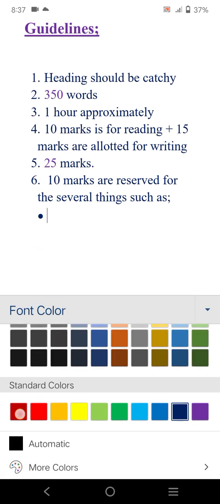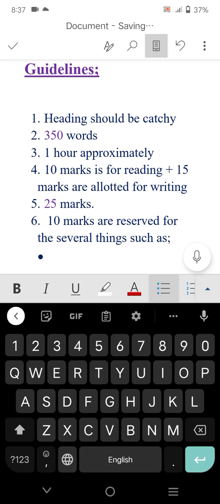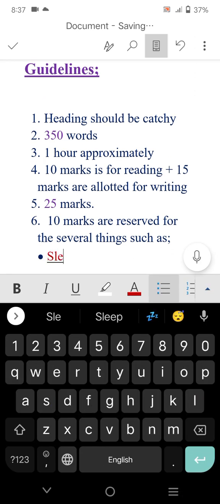Let me change the color within it. The first most important is that you should select